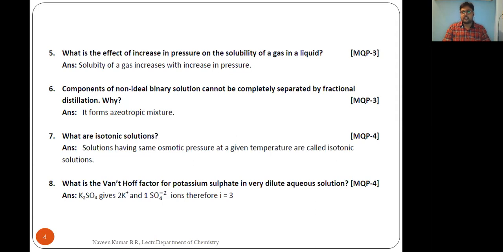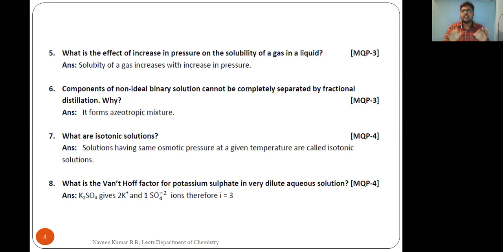If you recall, you can answer the question. Now what is an azeotropic mixture? Azeotropic mixtures are those which have a specific composition. As a result of that, their composition is the same in the solution phase as well as in the vapor phase. As their composition is the same in the liquid phase and in the vapor phase, they boil at a constant temperature. Hence, though the liquids are different, you cannot separate them through distillation or fractional distillation technique, because they boil at a constant temperature due to the azeotropic mixture.